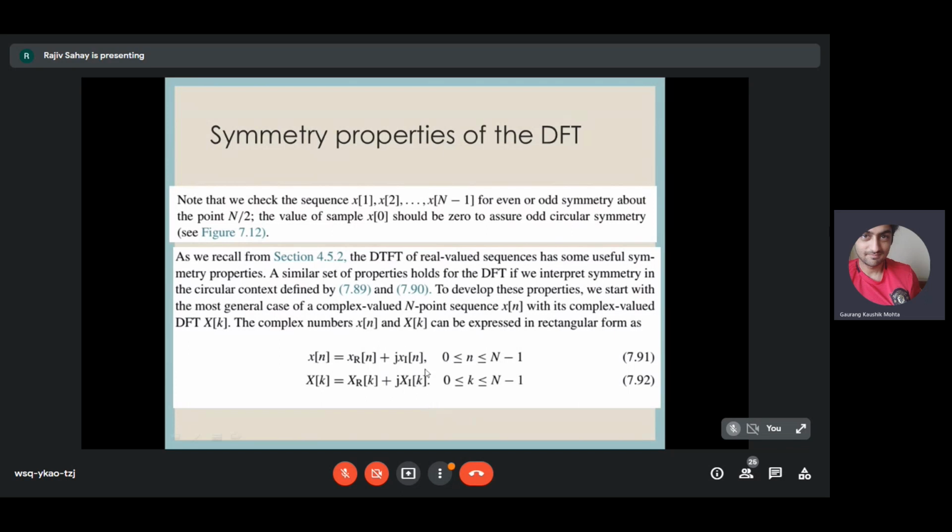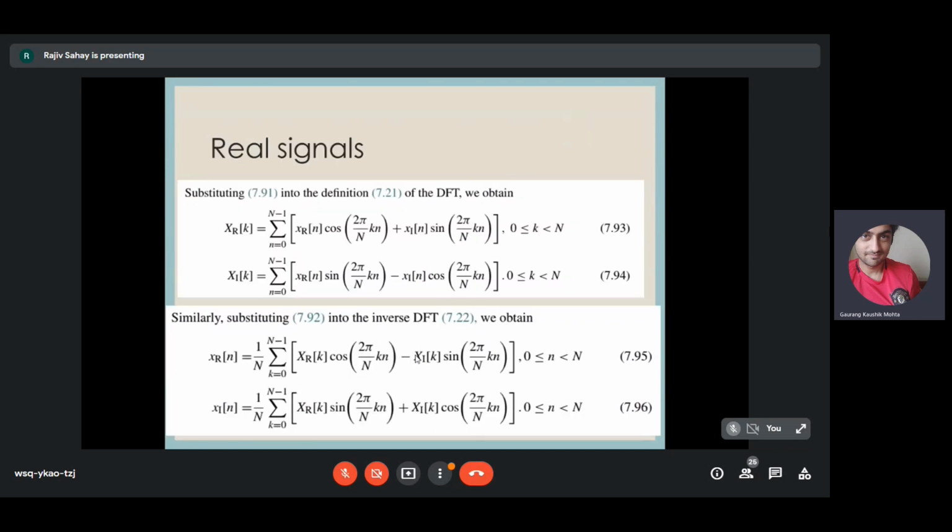So when we take the DFT of x(n), we can split and write the original form of the DFT. It is summation n equal to 0 to N-1, x(n) into W_N to the power kn, that is equal to e to the power minus j 2π kn by N. If you expand that exponential, you will get cos(2π kn/N) and sin(2π kn/N). So if you collect the real part, then you will have this as the real part of the DFT coefficient X(k).